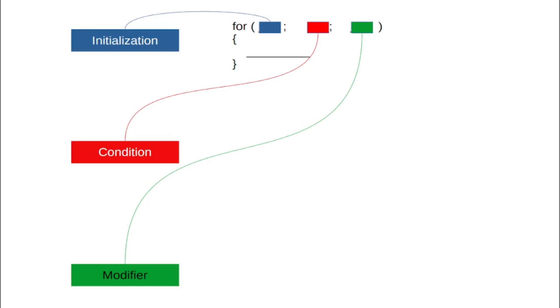The loop, most of the time, has three parts. One is initialization, then we have the condition, and then we have a modifier, which usually is an increment or decrement, or any common statement or expression that modifies the condition. So in the for loop,